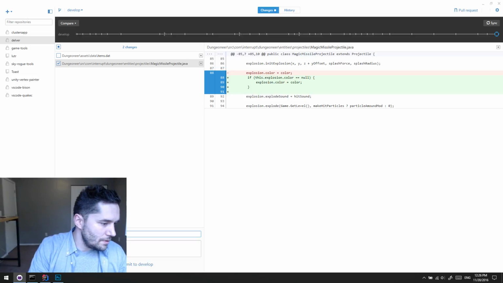Explosions will only inherit spell color if their color is